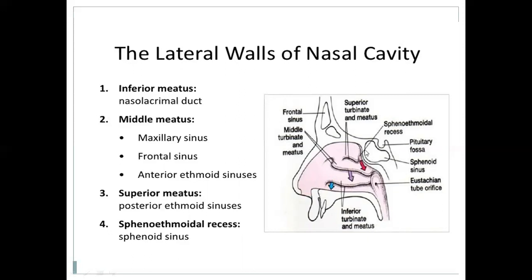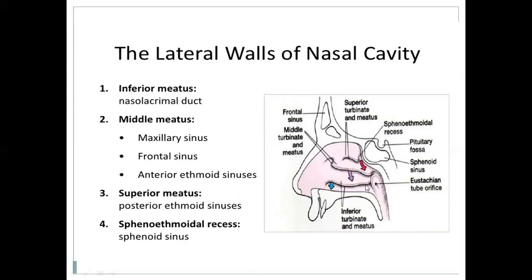So this is the sphenoid bone. The superior concha and the middle concha are derived from the ethmoid bone. So that's why it is called sphenoethmoidal. These two, the superior concha and the middle concha, are formed by the ethmoid bone. So that's why this depression is called the sphenoethmoidal recess. Recess means there's a gap in between these two bones. And this sphenoethmoidal recess receives the opening of the sphenoidal sinus.